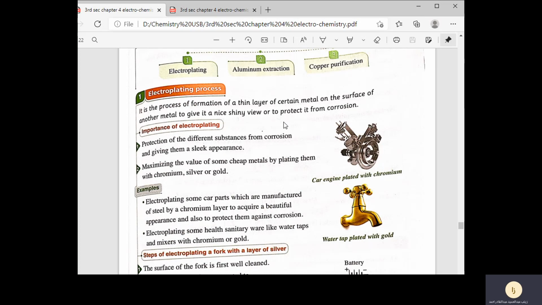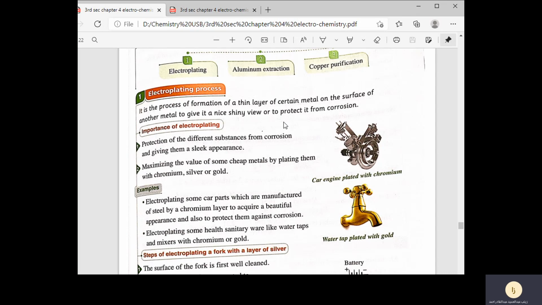What's meant by electroplating process? It is the process by which we cover a less precious metal with another metal to give it a shiny appearance and to keep it from corrosion. So the electroplating process is very important. Why? It leads to protection of different substances from corrosion and gives them a sleek or shiny appearance. Also, it